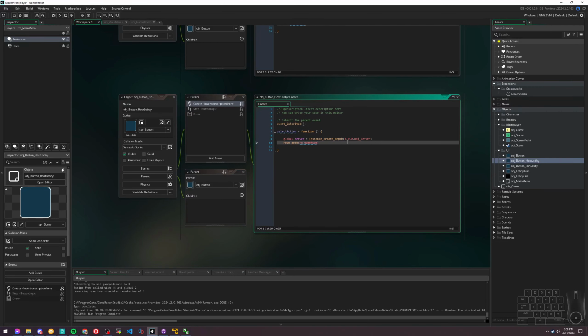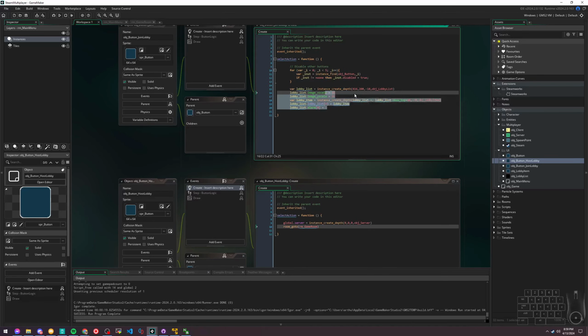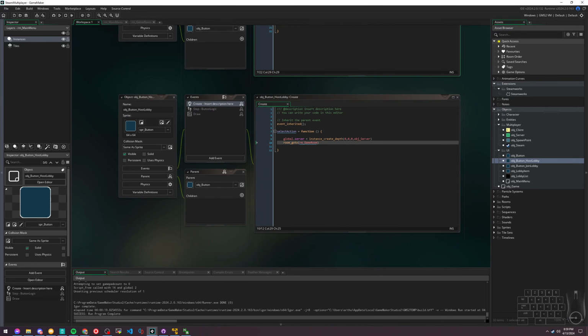All right, this will set up here. This will be a bit better moving forward. We're actually not going to use any of this for right now. We're going to simplify this a bit. I'm not going to delete it right now because we're going to use it later. But we're going to change the lobby list thing here in a minute. But that is all we need to change for this join lobby button. And for the host lobby button,